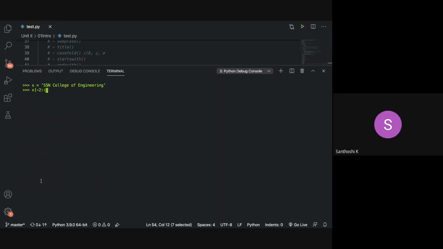Minus 1. Okay, so what you are essentially saying is you start with minus 2 and have a step count of minus 1. Yes, sir. So what do you think will be the answer here? Minus 2, 1. From n. From n? N, I, R, something like that. IR till? Till S.